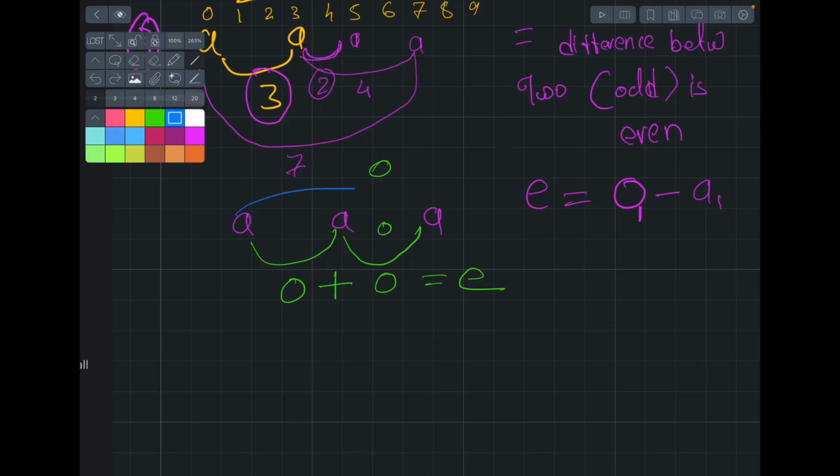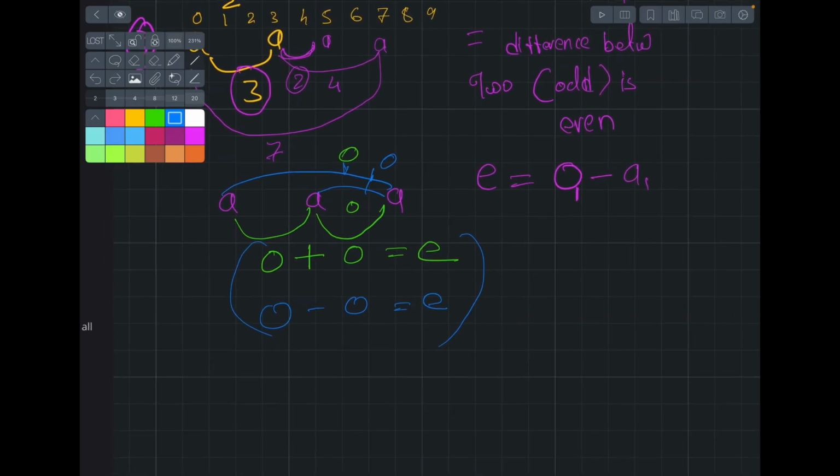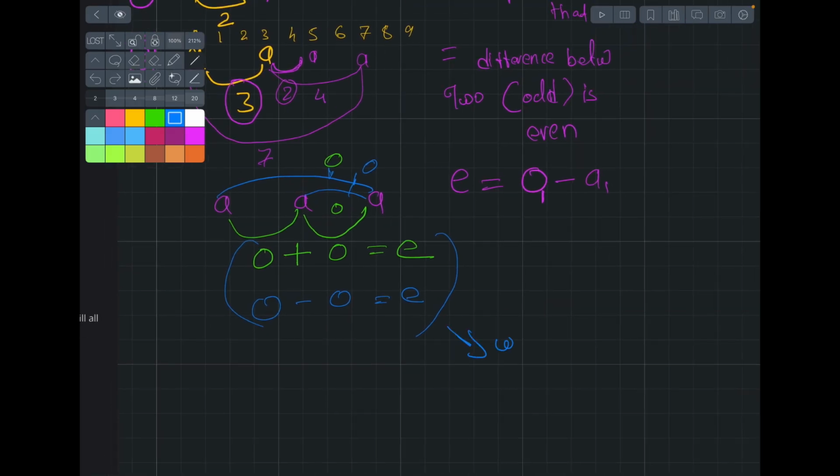If this distance is odd and this distance is also odd, then odd minus odd will become even. So here we can see that we can't have